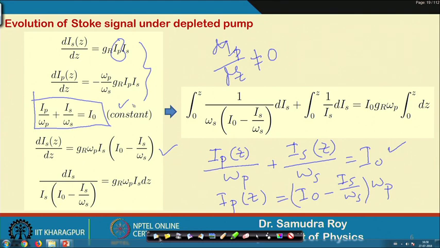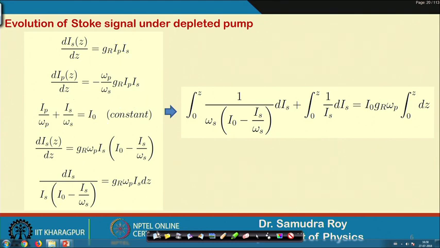So, if I solve this differential equation, we have d I s divided by I s multiplied by I 0 minus I s divided by omega s. This is a 12th class problem, how to solve this differential equation, and I believe you can do these things quite easily. I can just divide these two things in this way as shown on the right hand side, and in one part we have 1 by I s and in another part 1 by I s, but in a slightly different way. So, if I do this separation,